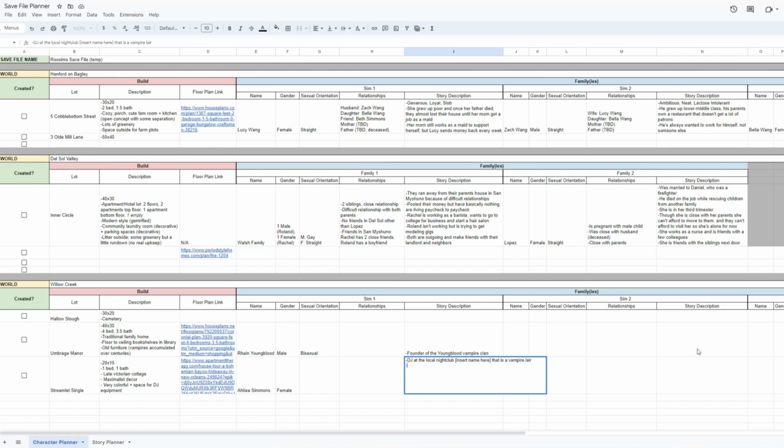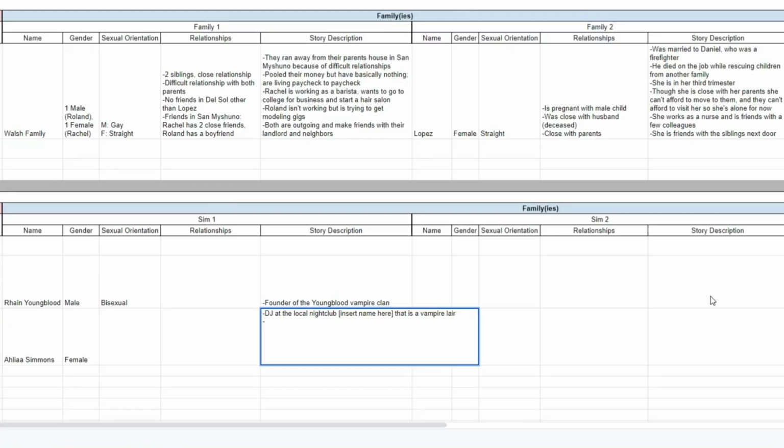Now that I have the sim, while I was creating her, I kind of had an idea of what I wanted her to be, right? I did want her to go into something musical. I wanted her to be a DJ, but when I was creating her, I wasn't sure where I was gonna put her. I almost thought I would put her in San Myshuno, but this is actually gonna be super good because what I'm thinking of for a story, this is just spitballing, just first draft lore right now. She's gonna be the DJ, like the DJ headliner at the local nightclub, and we're gonna name